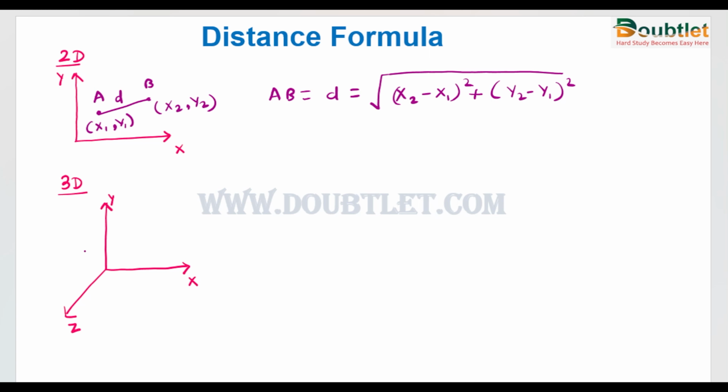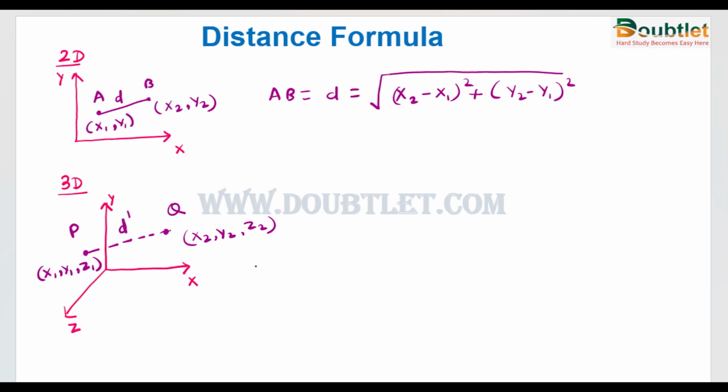And let's suppose we need to find the same distance between 2 points in 3 dimensions. Suppose this is the point P and this is the point Q, and this is the distance D. Let's suppose this is D dash. D dash is the distance between 2 points P and Q in 3 dimensions, and the coordinates of P are x1, y1, z1, and the coordinates of Q are x2, y2,